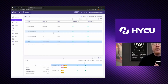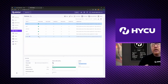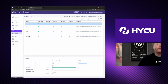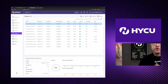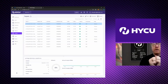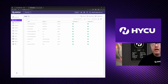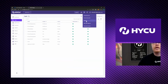But yeah, basically all in all, I showed you policies, right? Really set and forget, really easy to set up protection for all of your sources that you're using in your environment. Policies point to targets. So that's where we're storing the backup, and that's always within your account. HYCU does not own your backup. And then basically in the discovery, just by using a quick service account, and I can show you that as well, sources,